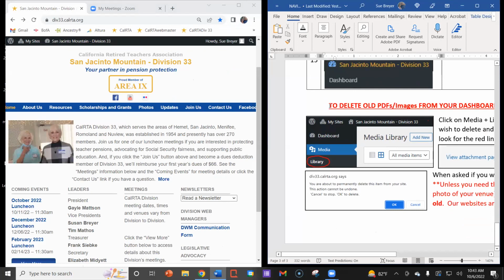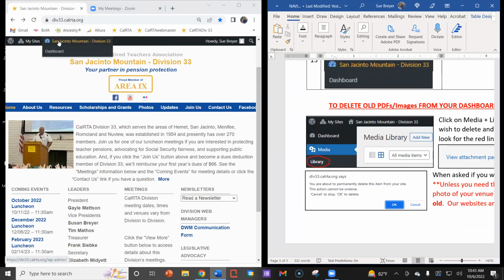I do want to show you this at the end. So we have an issue right now with both the state and the division websites. They're what you might term bloated with old PDFs and photos that go back years and have never been deleted, even though they're way old. So let me show you how to delete a